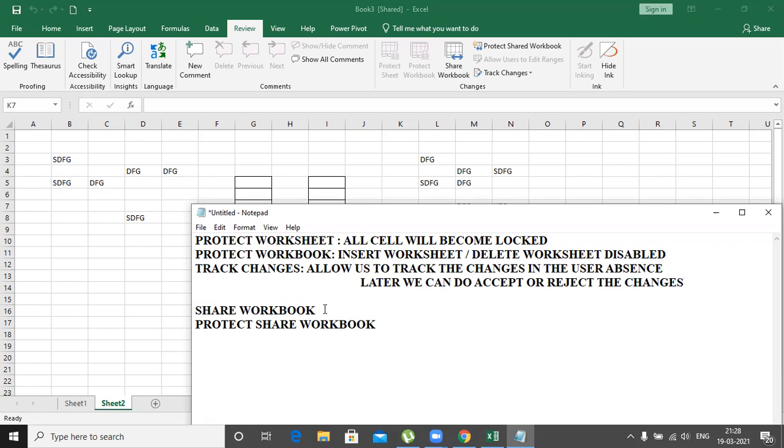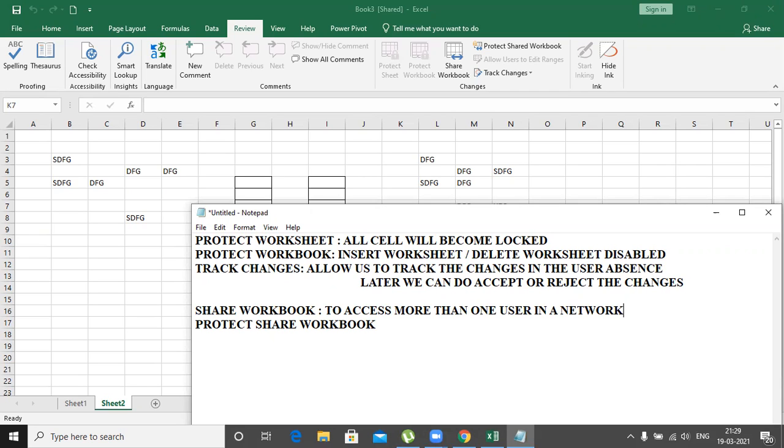And next, share workbook. Why do we want to have share workbook? To access more than one user in a network. Understand? Why do I want to access? Very simple, to enter the data.